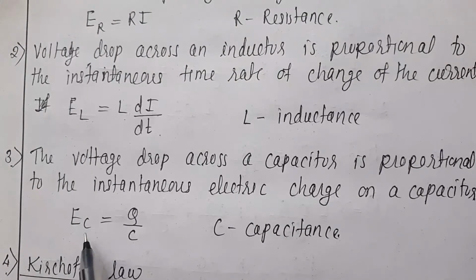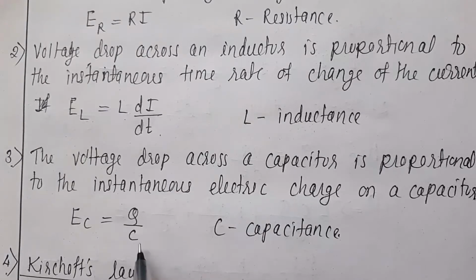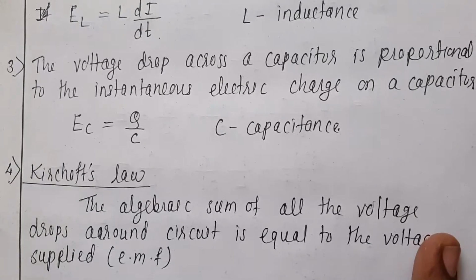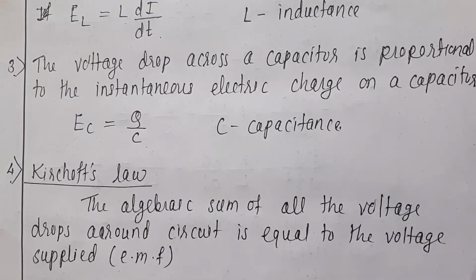Now if EC is the voltage drop across a capacitor, then EC can be denoted as Q by C, where Q is the charge and C is the capacitance. Now the main important law of this electrical circuit is Kirchhoff's law. So Kirchhoff's law is the algebraic sum of all the voltage drops around a circuit is equal to the voltage supplied, that is EMF. So sum of all voltage drops is equal to total applied EMF,